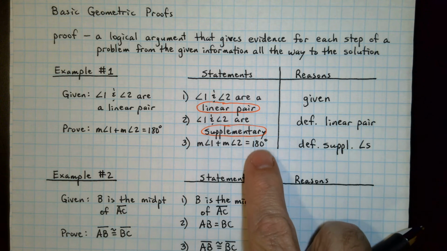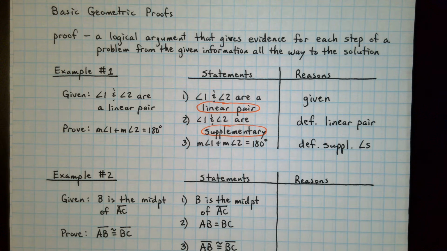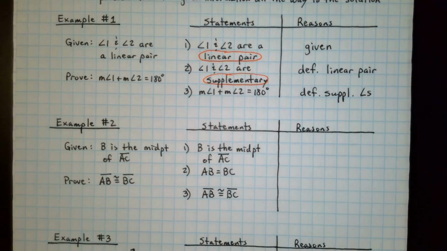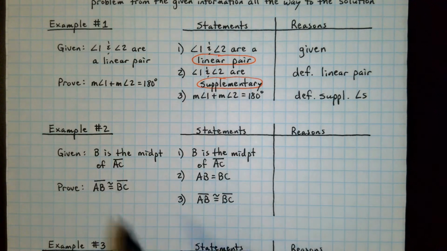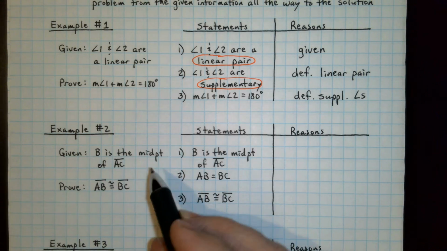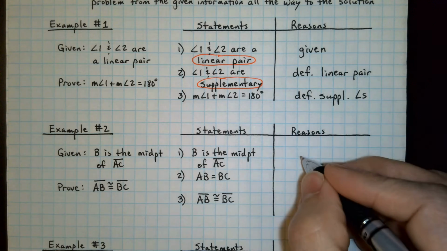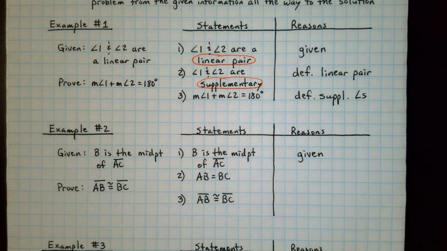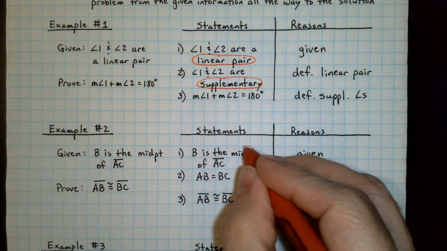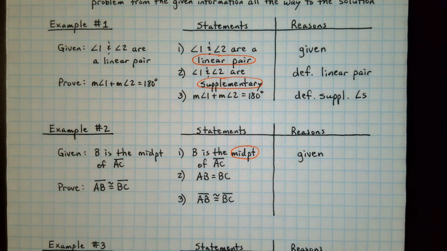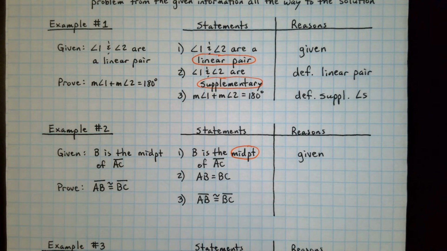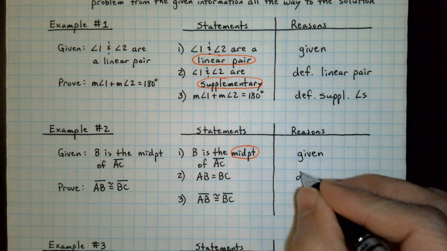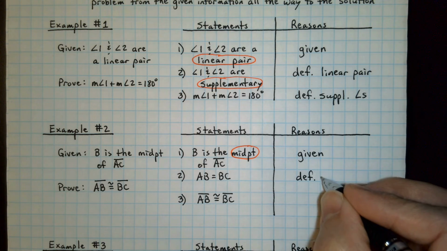We'll actually use this thinking in example 3 in a moment, but we'll go a little further with it. Example 2, we have this given information. It's been restated here, so the reason is given. But we notice that there's a word or phrase that's being used in that statement. So from that, we're going to give that as our reason, the definition of